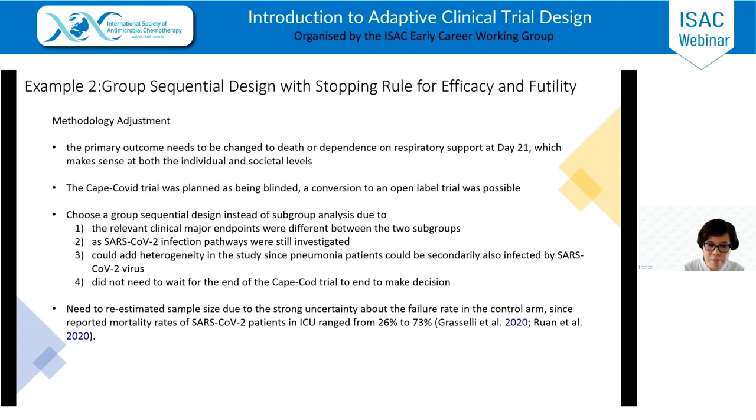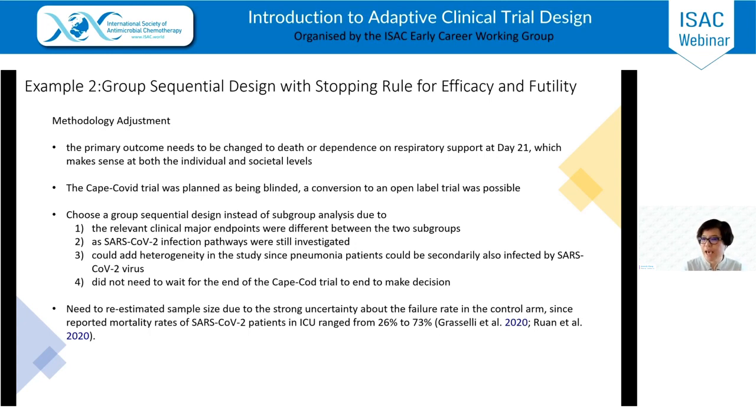So the population standard deviation will definitely change. So that's another thing. They didn't want the subgroup analysis. They wanted a different design, the group sequential. And if you use subgroup, you have to wait till the whole Cape Cod study stops. So that's another reason. So they chose the group sequential,